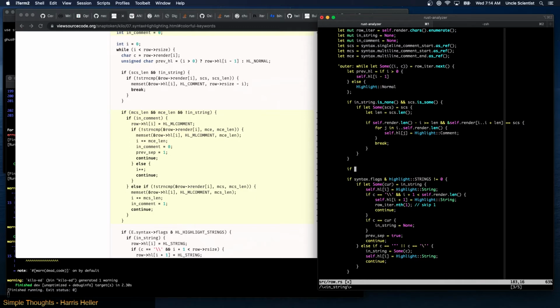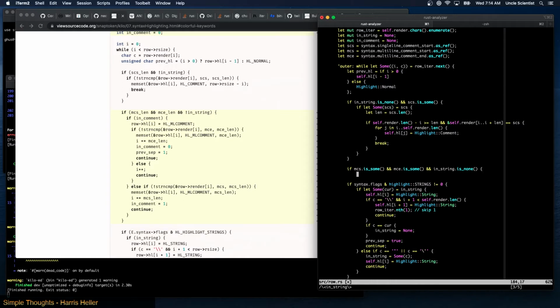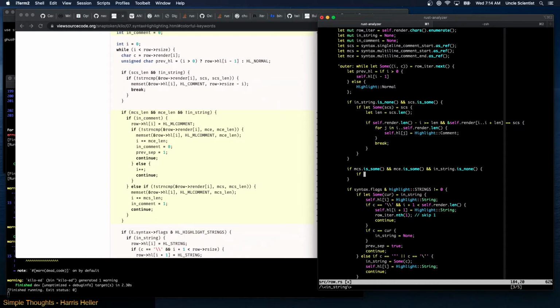So we can say if MCS is Some, right? And MCE is Some, and in_string is None. Okay, so that's those three ifs. Then we're going to say if we're in a comment, and that's going to be a bool. So we can just make it false. It doesn't have to be anything other than true or false. In comment,